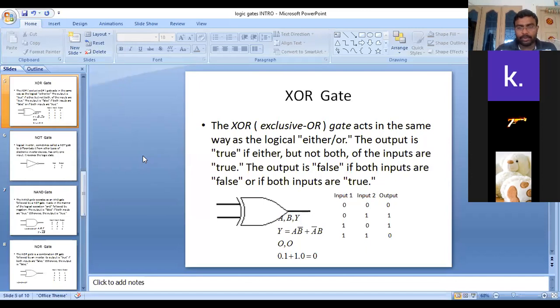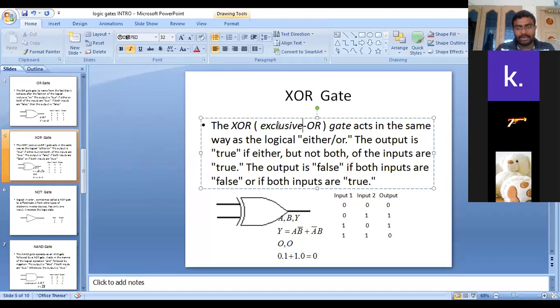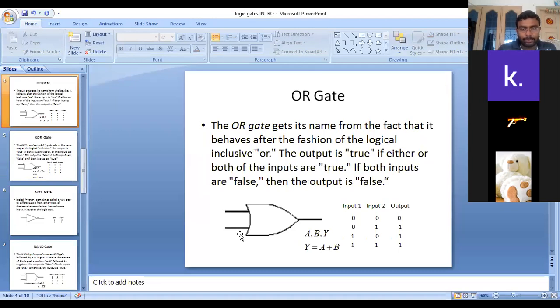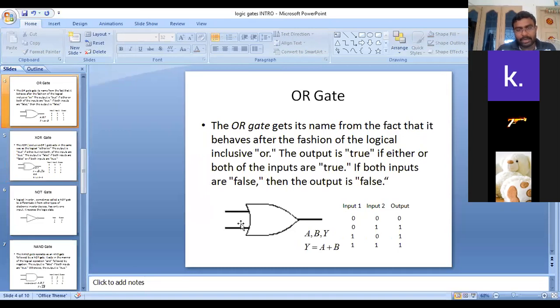So we are looking at the XOR gate. After AND, OR, NOT, NAND and NOR gate, we are looking at the XOR gate. X means exclusive OR gate. Guys, look here. I'm looking at the OR gate. Then look at the logic symbol of the OR gate and XOR gate. A small extra curve is added. I'm trying to explain what differences you can find in the logic symbol of the XOR gate and the OR gate. This is XOR, and the same kind, the OR gate, is here.